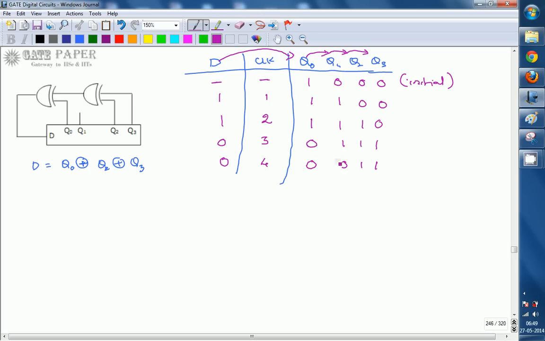Now if you check 011, again D is going to be 0 after the fifth clock pulse. After the fifth clock pulse, the 0 is going to go over here, and you will get 001. Now if you check the D value, D is nothing but Q0 exclusive-OR Q2 exclusive-OR Q3. Now Q0 Q2 Q3 is 001, that is an odd number of ones, so D will be 1. After the sixth clock pulse, this 1 will come over here and you get 000, which implies the sequence is repeating. The sequence repeats from this one.